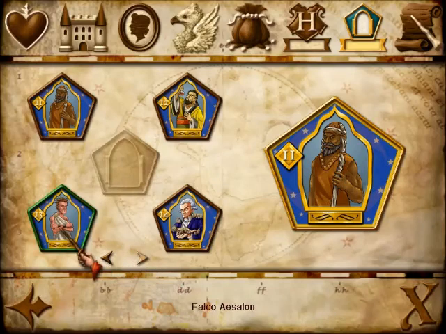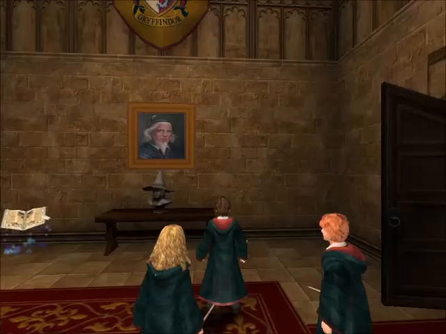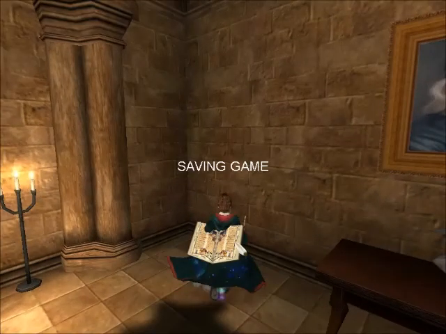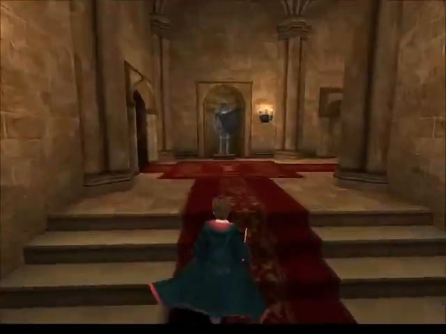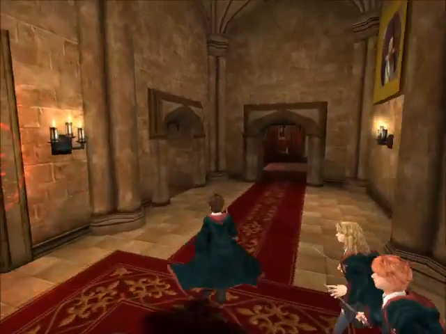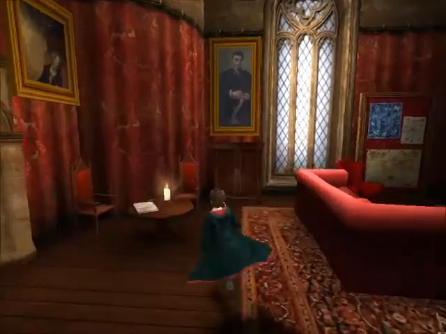Let's see, where's that? Zhu Yan, 4th century BC. Chinese alchemist. Nice. But that's the last one we're able to buy off of, besides the secrets and Fred and George's shop, which we will go inside here. There's also a secret inside the Gryffindor common room we haven't gotten yet. We've cast on this guy already, but we can still cast on him. He's not going to do anything. There's nothing really inside here that we can get besides...